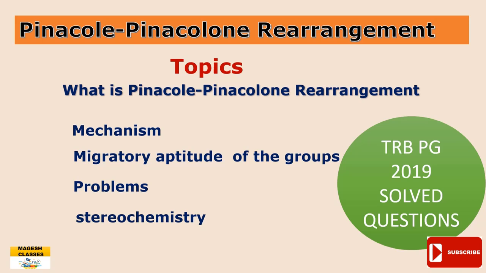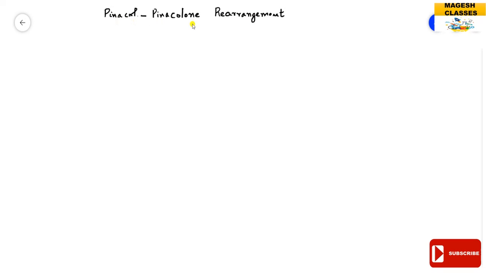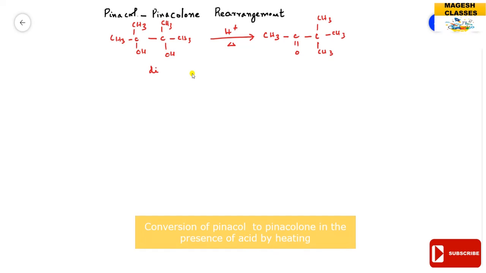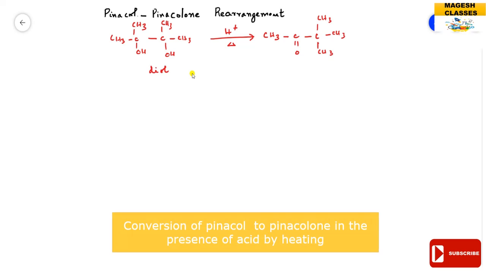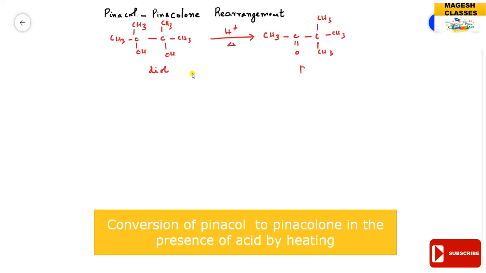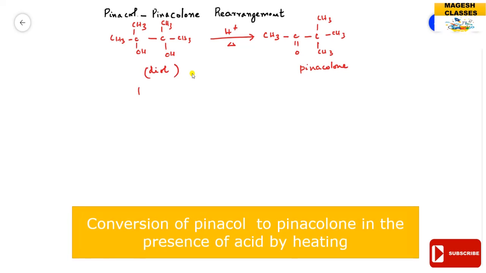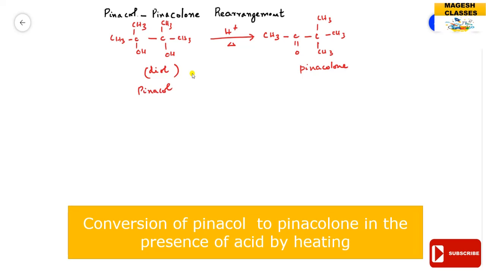Let us move into the video topic. What is Pinacol-Pinacolone rearrangement? It is a conversion of this type of compound. It is a vicinal diol. In the presence of acid on heating, it gives a ketone type compound. It is pinacolone. And this vicinal diol is called Pinacol. So Pinacol-Pinacolone rearrangement is the intramolecular conversion of the diol in presence of acid to give the ketone type compound